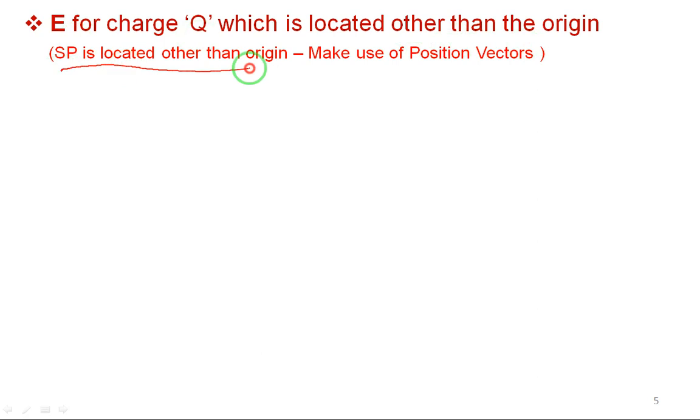We will locate the source point other than the origin and we will see what formula I will be getting, and we will try to make use of the position vectors in order to write down the formula for electric field intensity, right? Okay, I will take the help of the rectangular coordinate system,